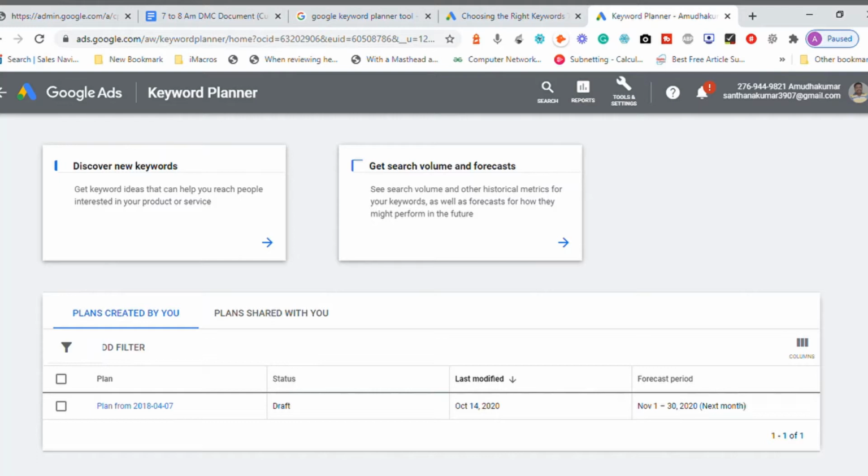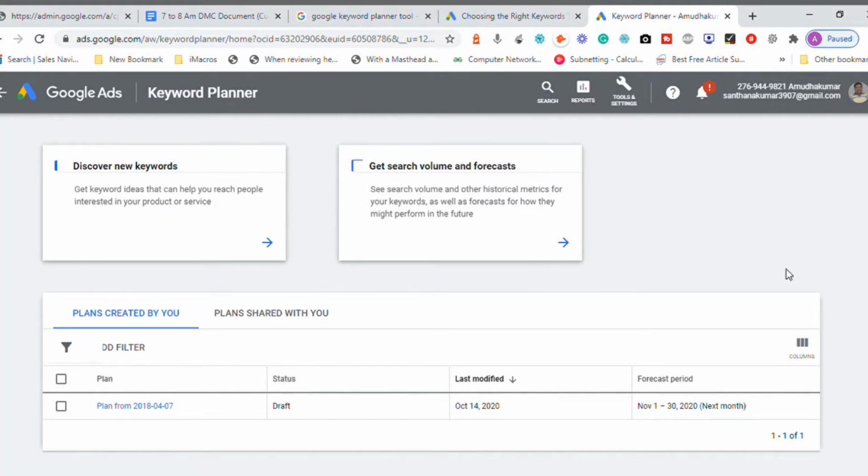Whenever I take a government-related business or any other business, you might have the best knowledge about the business, but I may not. I don't know what kind of keywords people will be searching, so this tool will be used. We can get keyword ideas to reach more people or relevant keywords.